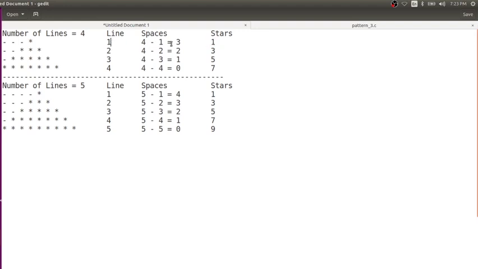Okay, here, for the first line, you might say the line number and the number of stars is the same, but it is applicable only for the first line. It's not applicable for the second line. Like line number 2, the number of stars is not 2, it is 3, right? Line number 3, the number of stars is 5, right? So line number does not directly give me the number of stars, but you can observe that there is a